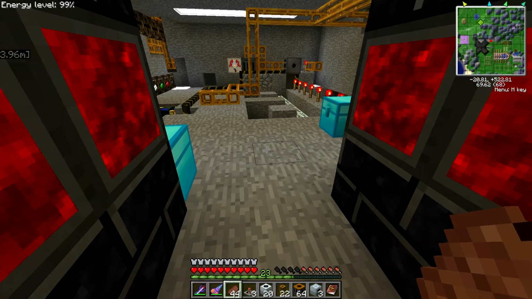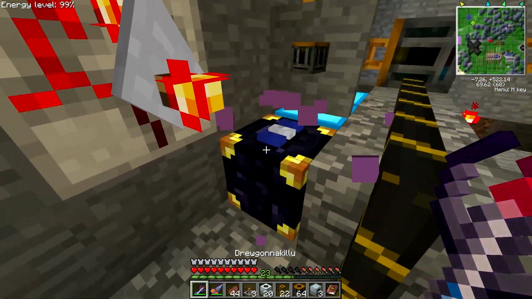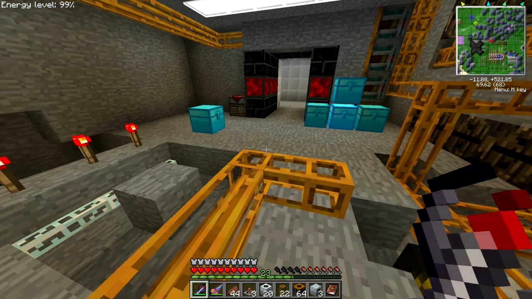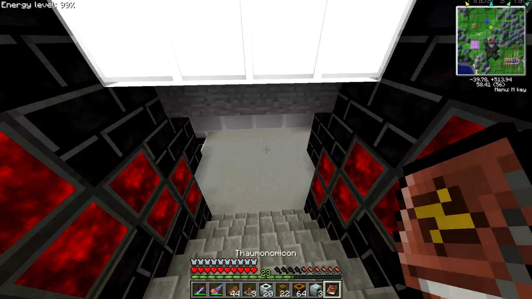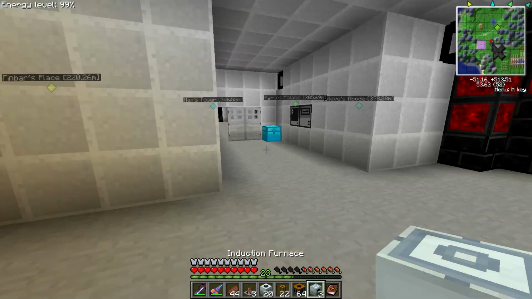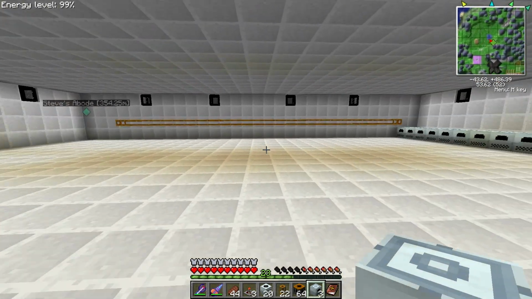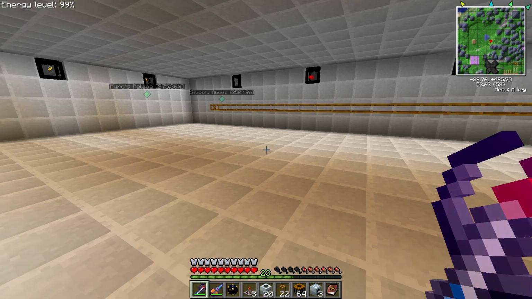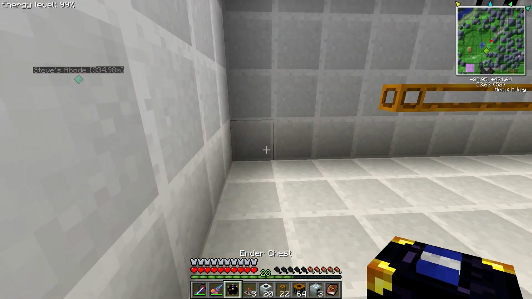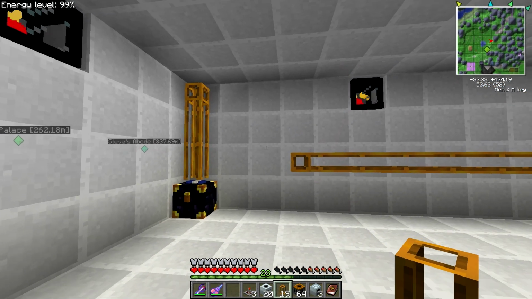So we're probably going to have a lot of retrievers hooked up to it. What kind? Sure, we can take the blue, white, blue one. That can be our central, our main pulling one. Over here. I never come down this way when I'm recording, so it's a little different for me. So Ender Chest, we can put this right here, and then we'll have a large line of...